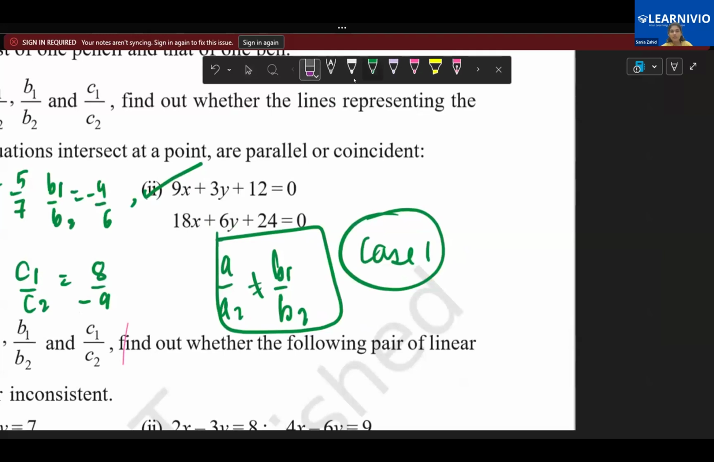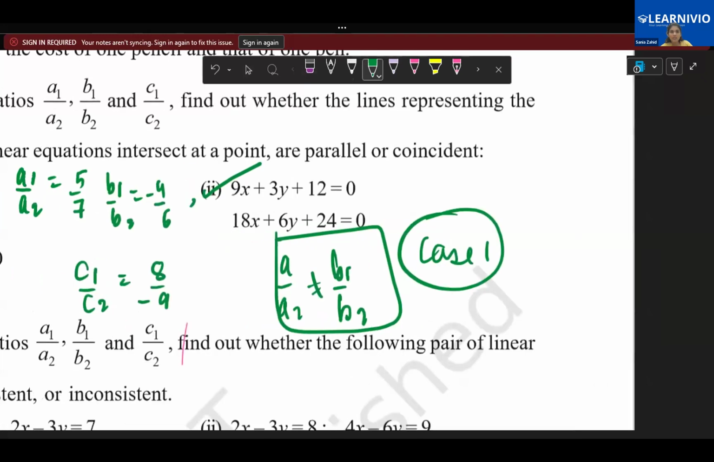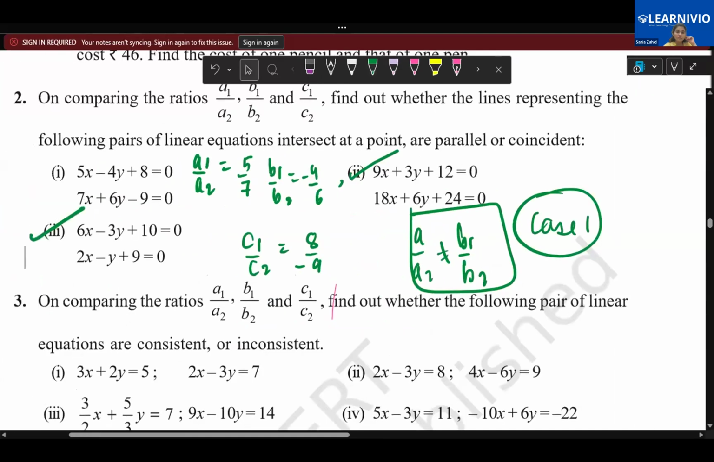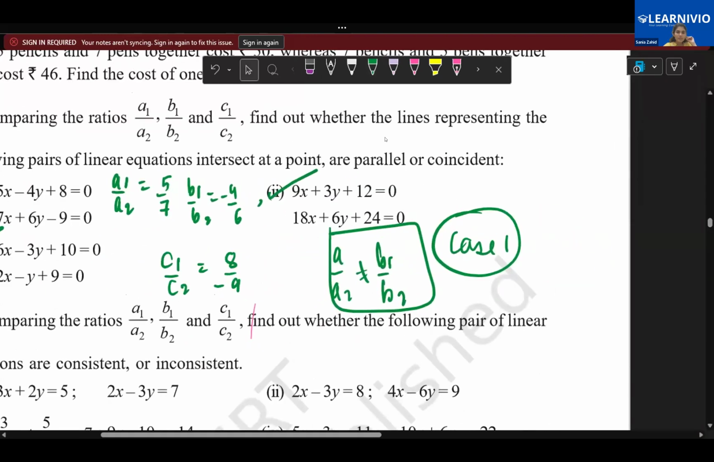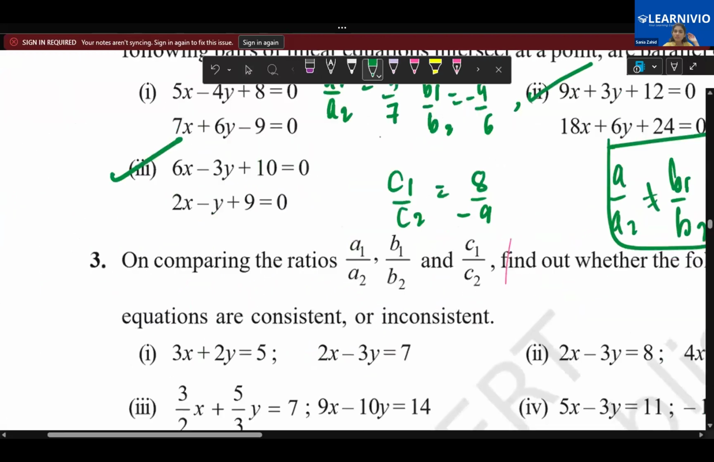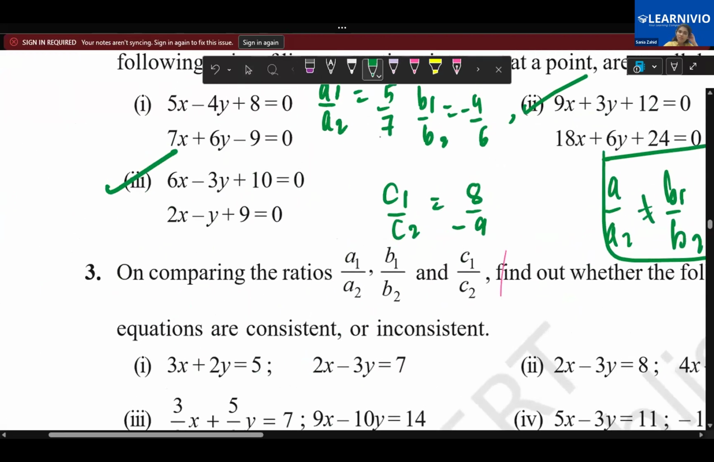Okay, first tell me for case one, what kind is it? Is it parallel, coincident or intersecting? They are coincident, ma'am. Coincident? For the first one, the first one is intersecting. Intersecting. The second one, coincident. Let's check. 9 by 18 is 1 by 2, 3 by 6 is also 1 by 2, 12 by 24 is also 1 by 2. Correct, coincident. The third one is 3, 3,